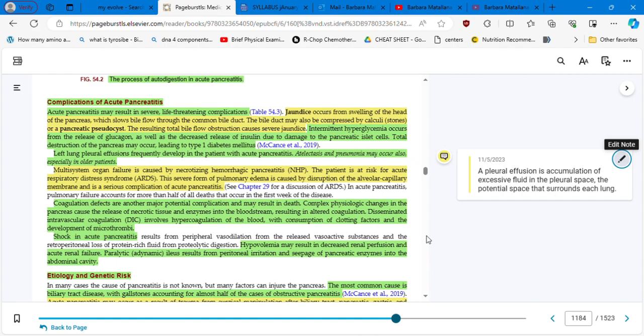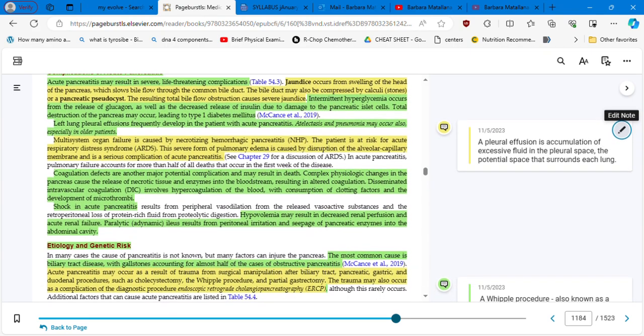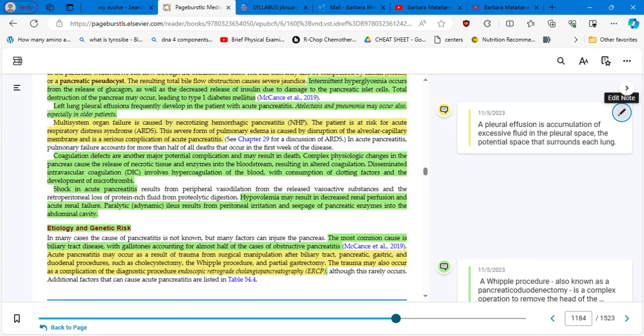It's going to be very helpful for you. Okay, multisystem organ failure is caused by necrotizing hemorrhagic pancreatitis. The patient is at risk for acute respiratory distress syndrome. This severe form of pulmonary edema is caused by disruption of the alveolar capillary membrane and is a serious complication of